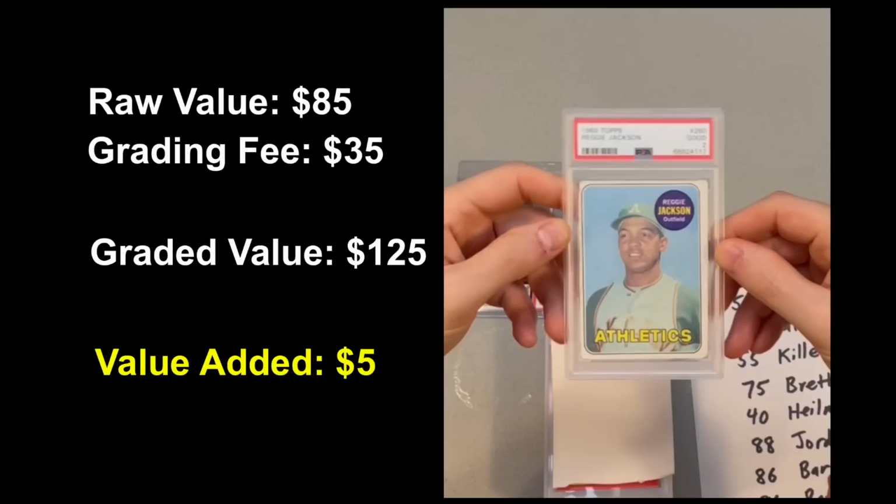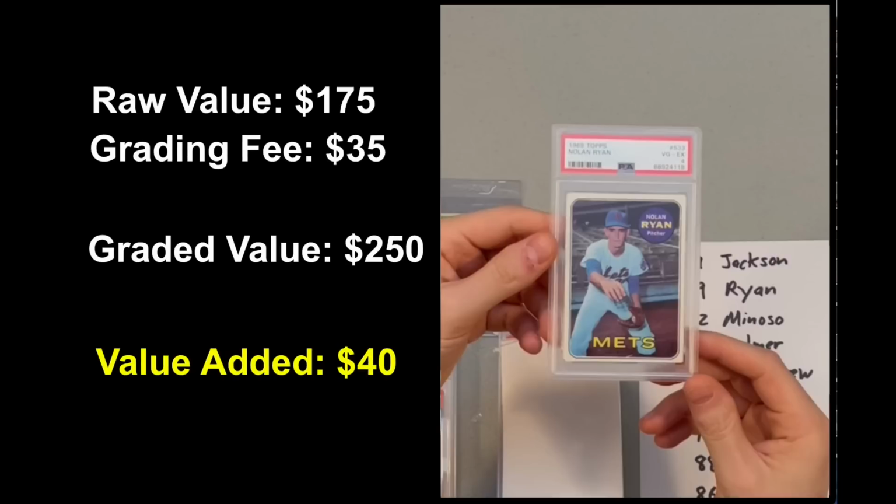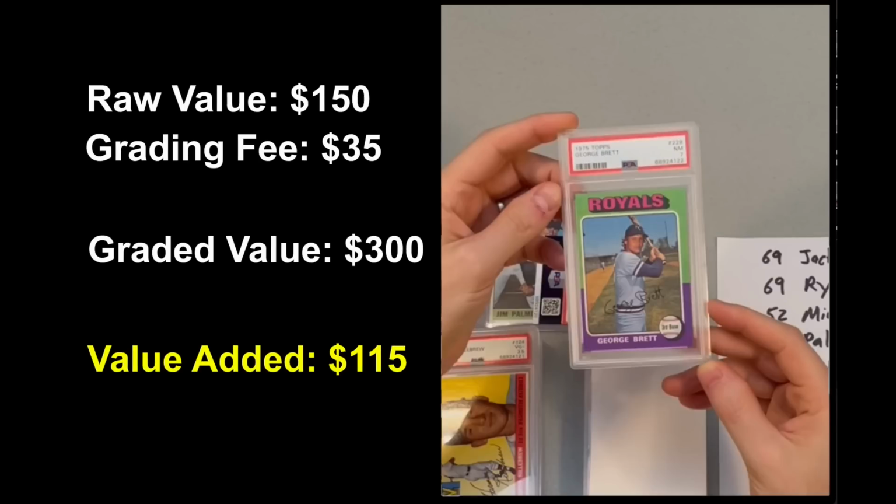The Reggie Jackson was more or less a break even, as I mentioned. You can see $85 card raw, about $125 in the holder. The Nolan Ryan was a little bit of a bump, going from about $175 up to $250, so about a $40 increase. The George Brett was a nice increase, getting a little over $100 in added value, going from $150